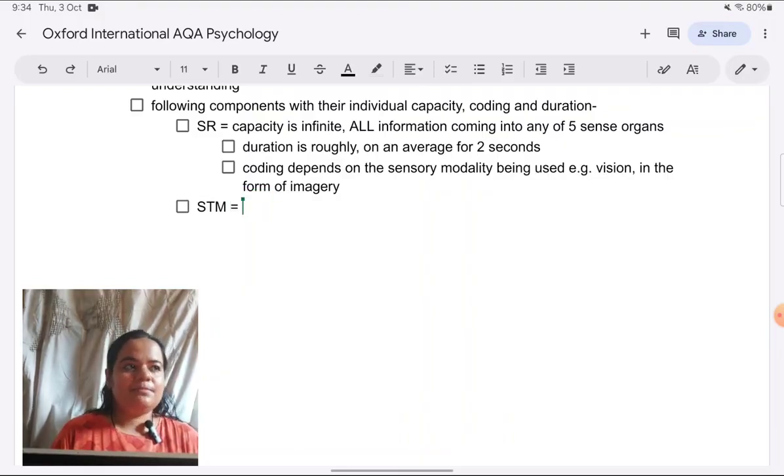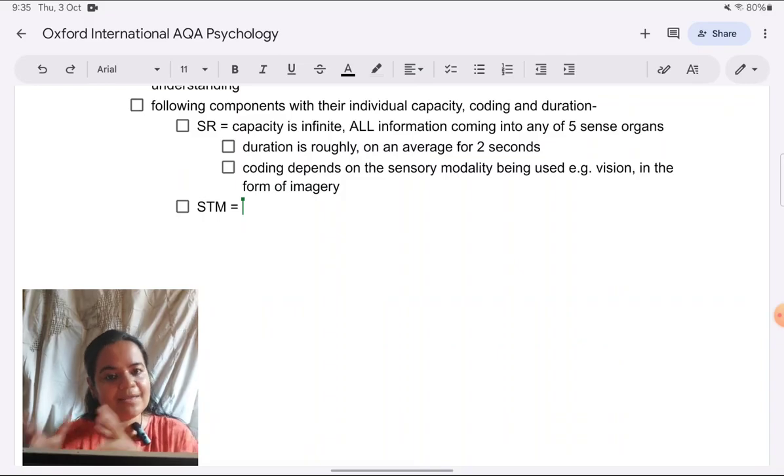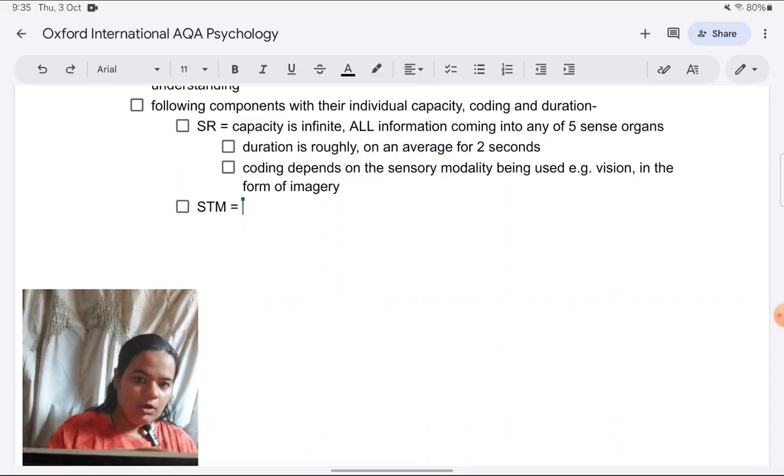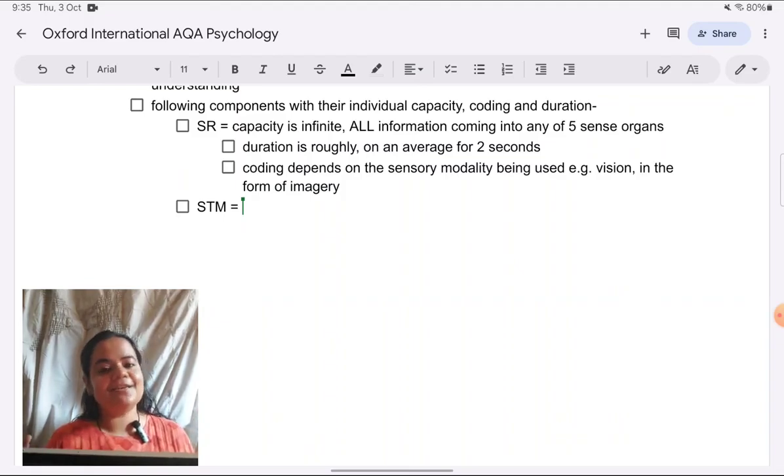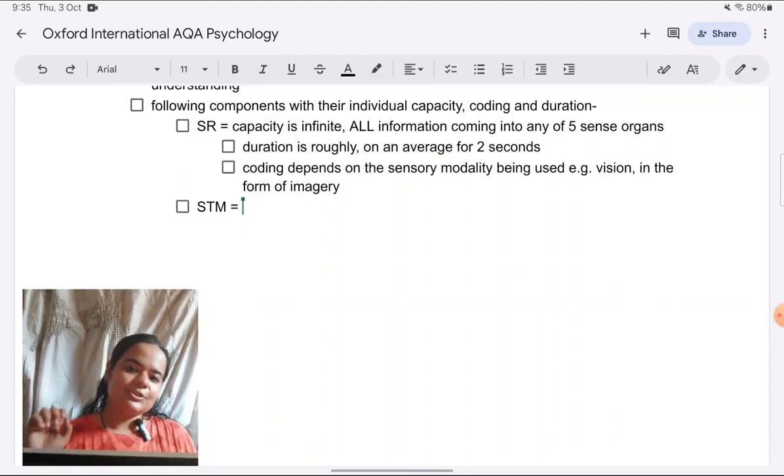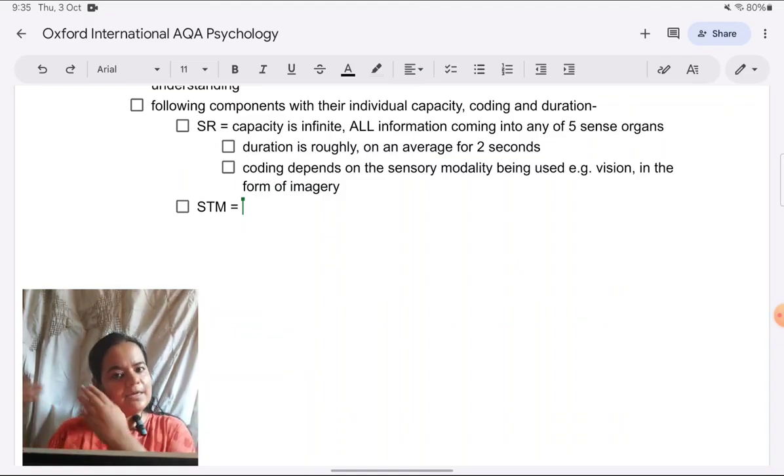Okay, then we have short-term memory. As we keep on introducing more and more storages, we should not forget how one system is linked to the other in the model, how one storage passes on information or retrieves information from the other. Many students forget this. They make no mention of that. They simply describe sensory register, STM and LTM as if they have nothing to do with each other, as separate individual components. So as you're introducing, you don't need to write separately. You mention how it links with the previous storage, which we've already seen.